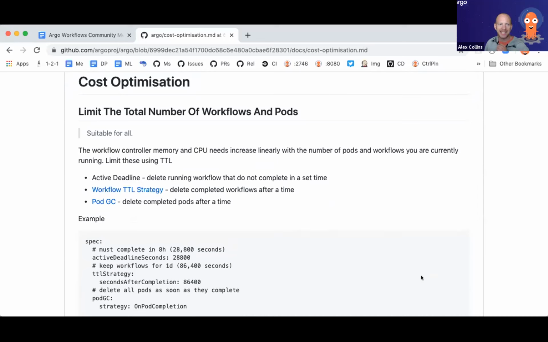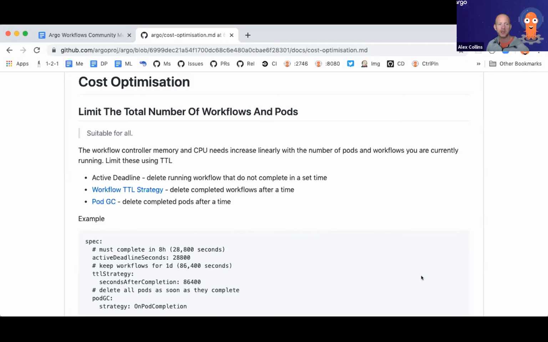The second one is the TTL strategy, and that determines when your workflow is deleted. Now, I think we broadly recommend everybody sets the TTL strategy to some kind of value, and you can determine whether or not your workflow is deleted after a specific number of hours, days, or weeks. This is two use cases. One is to make sure that if you've got a workflow that contains sensitive customer data, it always gets deleted within a specific amount of time.